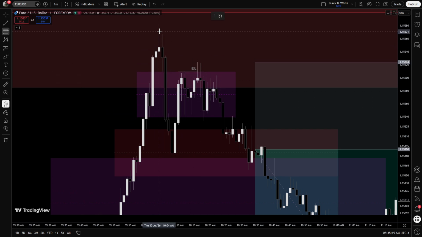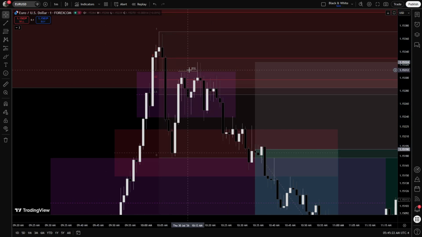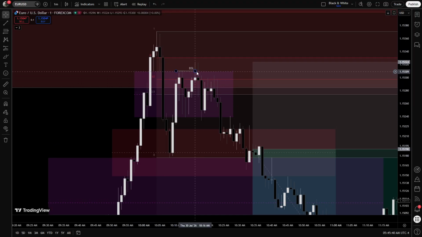Now I want you to observe this high being taken out. This high is currently at the center of the OTE level from that high to this low, right? And after taking that high, it is completely respecting the OTE level's top from this high to this low. And now I wanted the market to take out this low to become the ICT 2022 model. That is a very famous model. Of course you know about it, right? And as you can see, the moment it took that low, it started retracing.